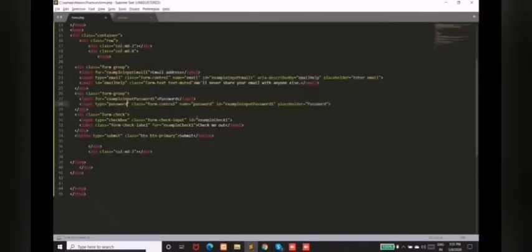Then the third thing is checkbox. For the checkbox, the input type is checkbox. Here we will do one thing, that is required. What does the required attribute do?